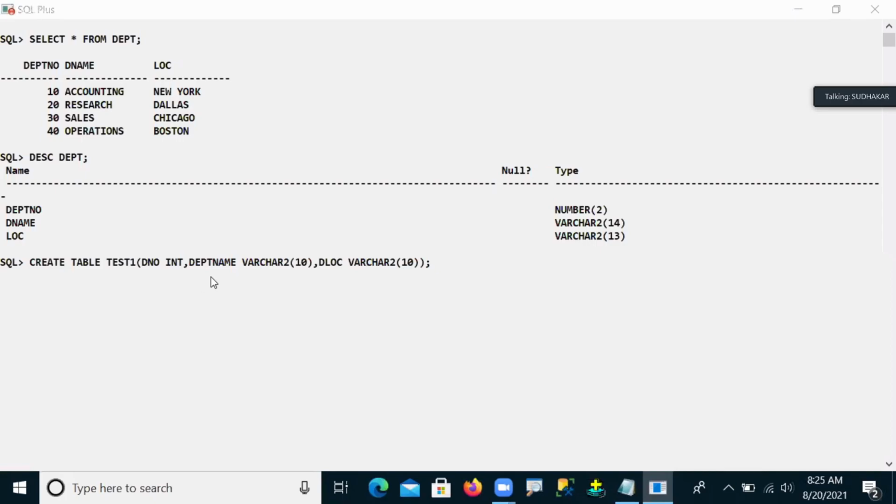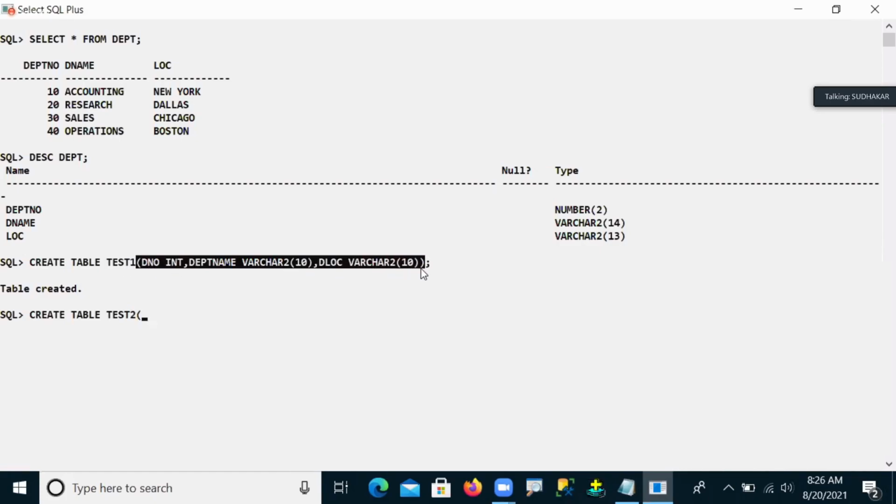Now one table I'm creating. So my table is test1, the one table I created. In the same pattern, you can create some more tables and give different names. It's not required to have the same name. Different names you can take, as I already said to you. So the second table I'm taking here, guys, for example, test2. So now I'm taking this.